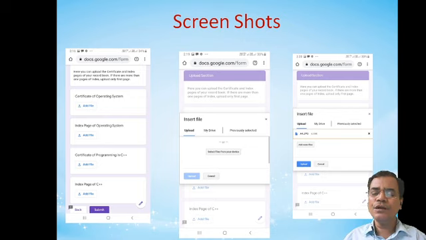Simply write that I have already completed my record book, but due to this pandemic situation I am unable to submit the record book, so whenever it is possible I will submit my record book in the department. I will give this format in our WhatsApp group. Just write down this format on one page, take a photograph, and while uploading the files just select that image and then you can upload the file.